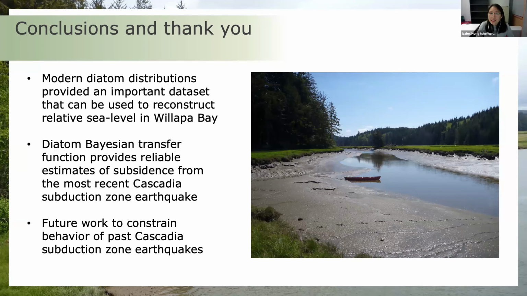Yes, we were only sampling the sediment because I knew that ultimately the goal of the modern diatom study would be to try to reconstruct this land level change. I was interested in the diatoms that would be attaching themselves to the sediments that we saw preserved and not necessarily the epiphytic diatom species, for example. So that was definitely the goal, to look at the benthic diatoms attached to the surface sediments.